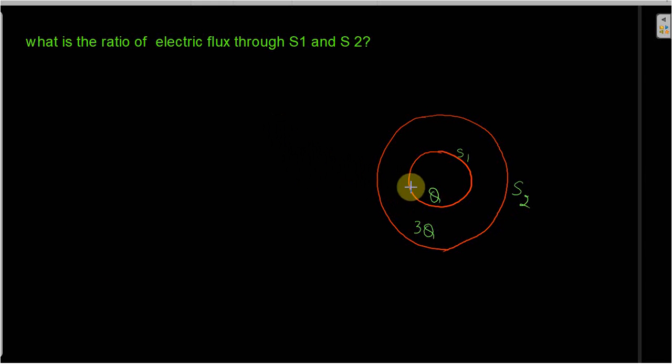So one more application of this Gauss theorem. Now you can see in this diagram we have two surfaces. First one is S1 and the second one is S2. Inside the S1 surface, Q charge is there, and inside the S2 surface, 3Q charge is there as well. We have to find the electric flux through S1 and S2, and we will take the ratio. So let the flux through S1 be phi 1. What is the charge inside the S1 surface? This is your S1. So phi 1 is Q by epsilon naught.